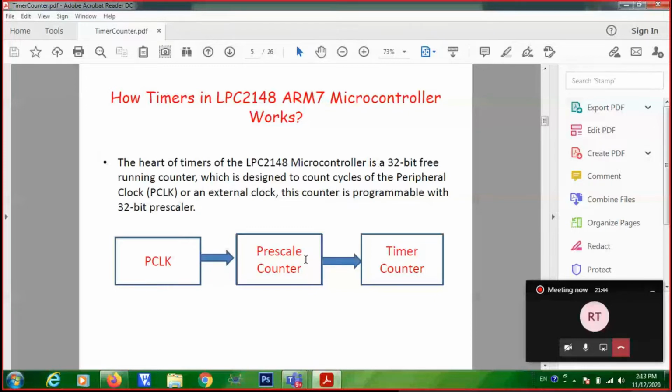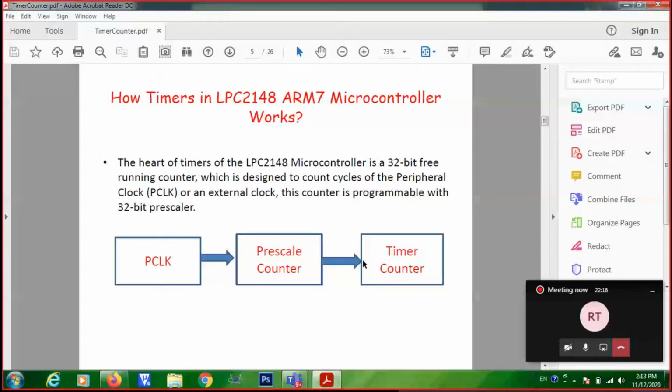Normally, the pre-scalar ratio will be 1:1. That is known as the pre-scalar ratio. So what does it mean? Whenever you are giving one peak clock, you will get one clock at the output of the prescaler. That is known as 1:1 prescaler ratio. But if you want to have more time delay, you can change this prescaler ratio.